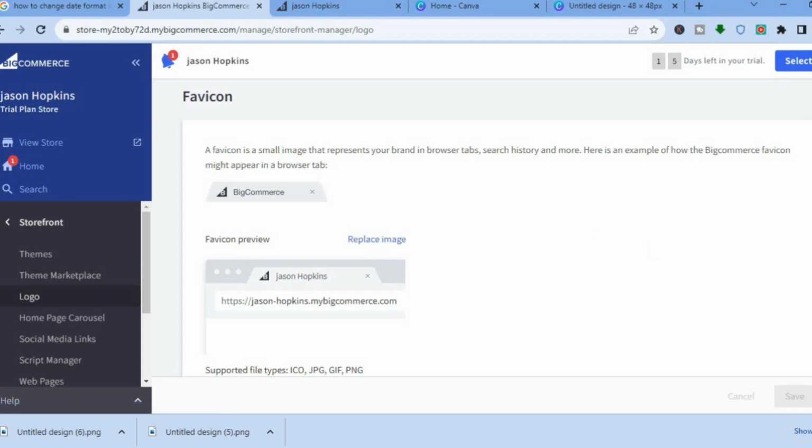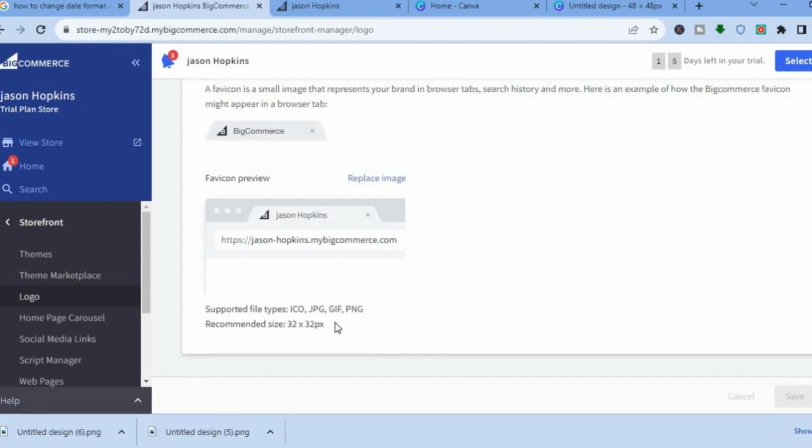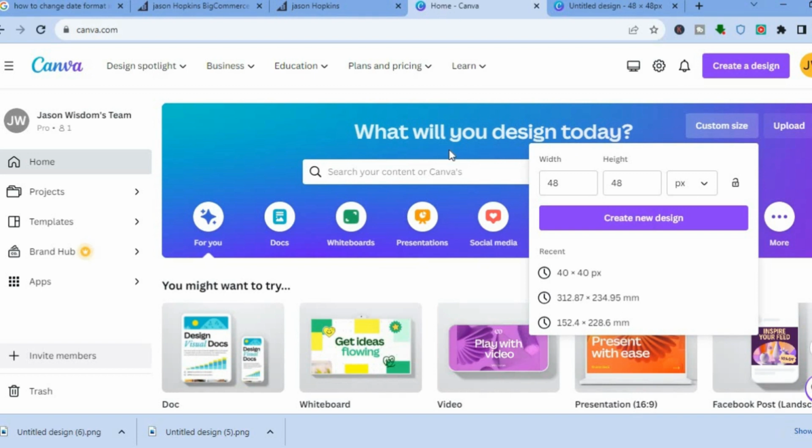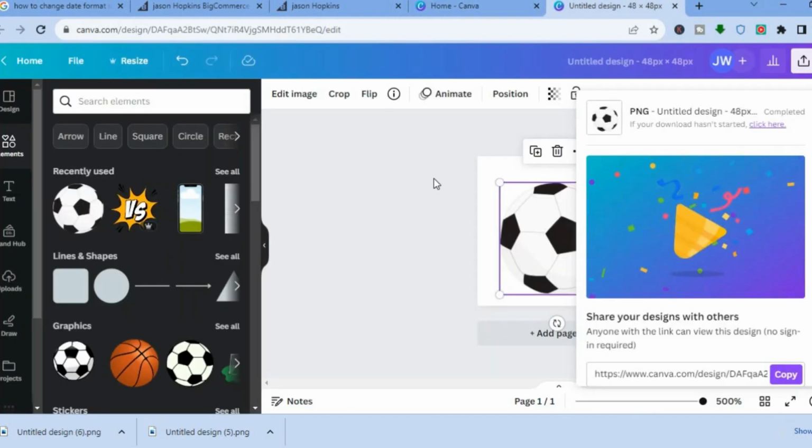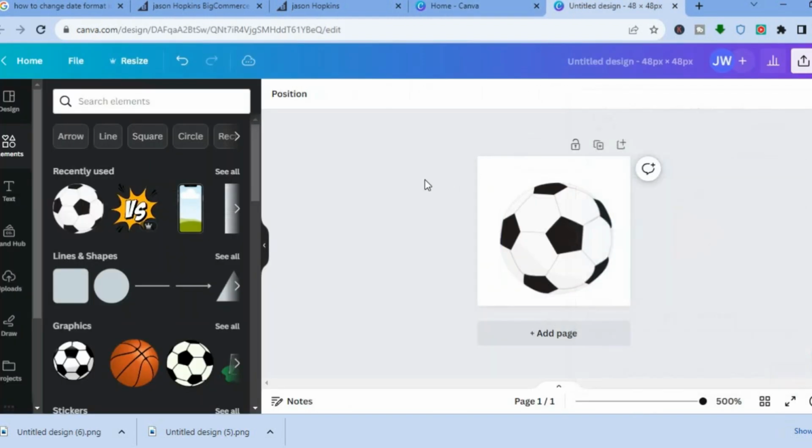And you can see the supported files right here and you can also see the recommended size. For this tutorial, I used Canva to create my Favicon. And the recommended size would be 48 by 48 px. So all you need to do is tap on custom size, then type in 48 by 48 px and tap on create new design. Once you have done that, you'll be redirected to this page,